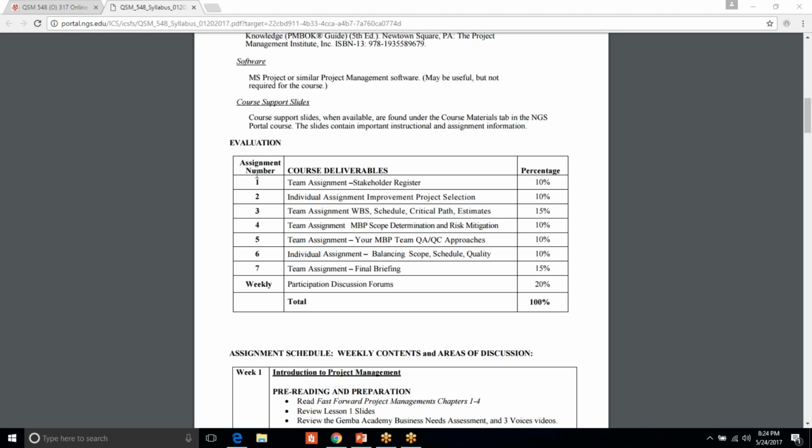So let's look at the assignments and how they break out, because everybody's obviously interested in how am I going to be graded, what's the percentage, what's the weight. As you can see, the number of assignments, in addition to the weekly discussion questions, are here. And we'll go through each of these in a little bit greater depth in the syllabus, so you can see how they are weighted out. The forum questions, the weekly participation, have a 20% value.